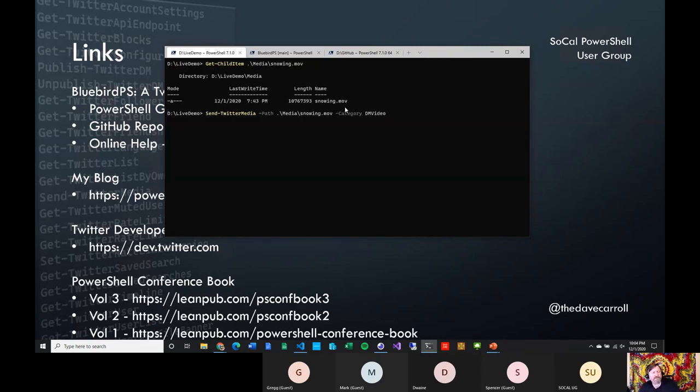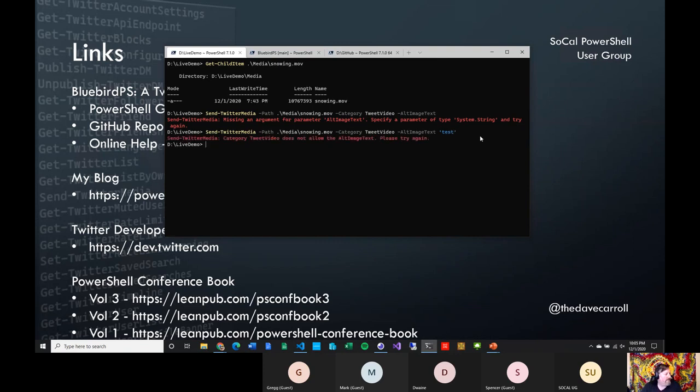And again, when you're sending media, you have to specify the use, which is in a tweet or in a direct message. So that's that. Also, the alt image text is only for images, not for GIFs, not for video. So if I do that, it's going to fail. Actually it failed because of parameter validation first. If I do that, it will fail because the tweet video does not allow the alt image text. So doing this without alt image,